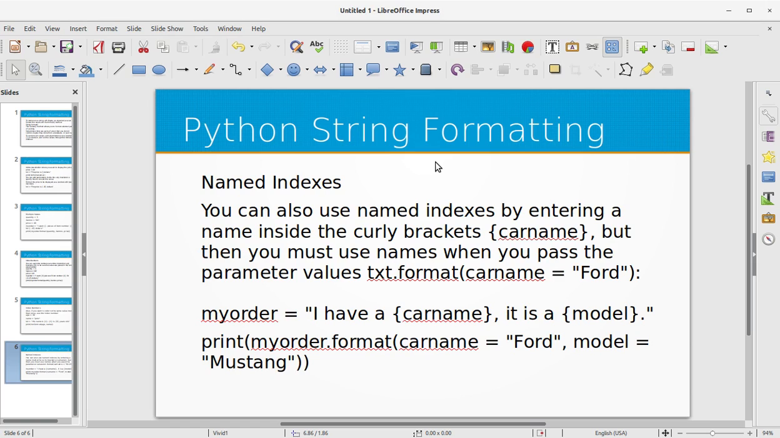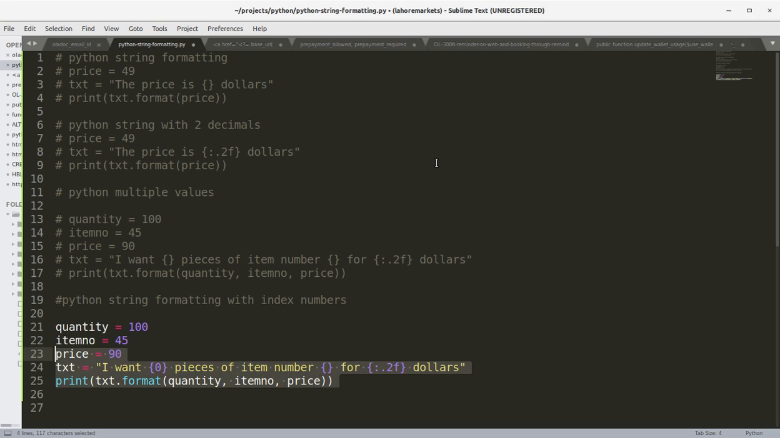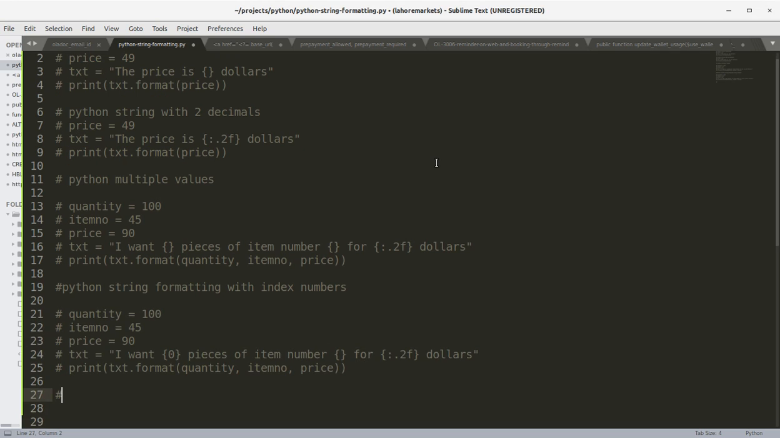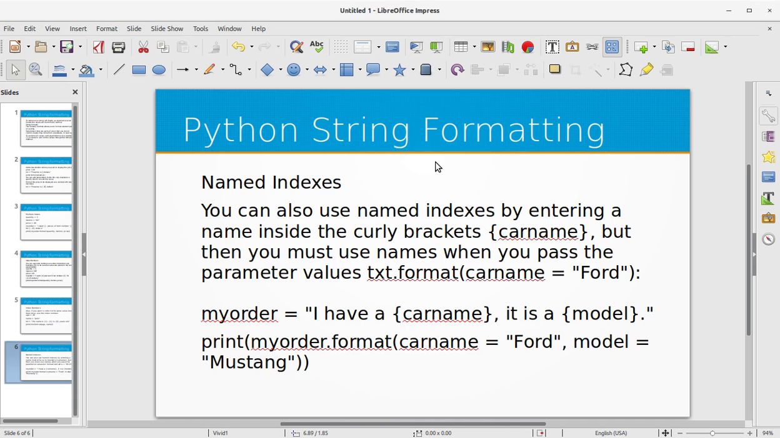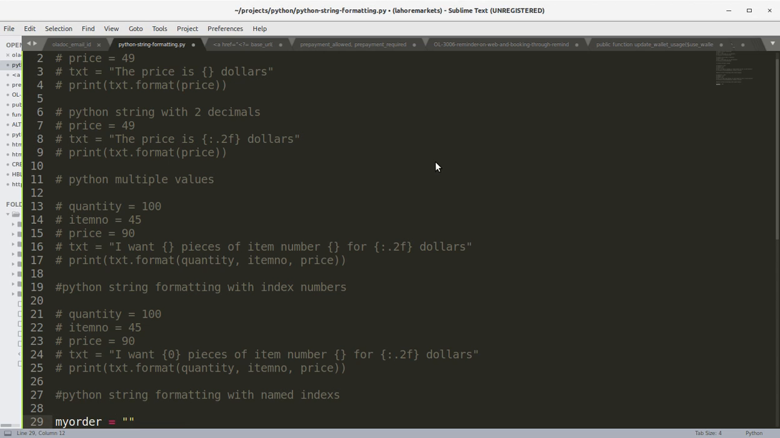You can also use named indexes. You can use named indexes by entering a name inside the curly brackets, but then you must use names when you pass the parameter values, txt.format car name is equal to Ford. For example, we create a string. Let's comment this out, and Python string formatting with named indexes. So we have a string my order equals I have a car name